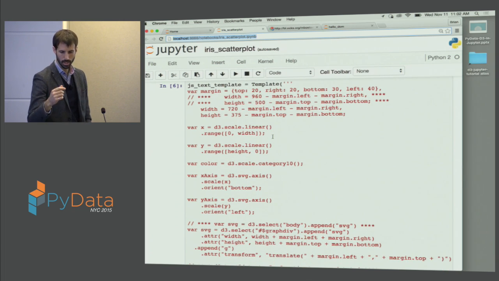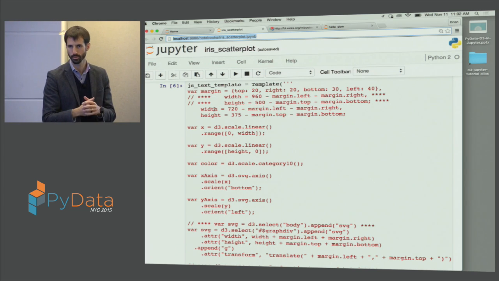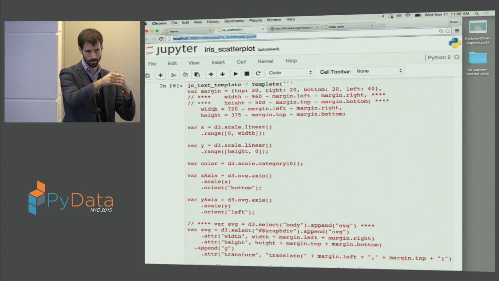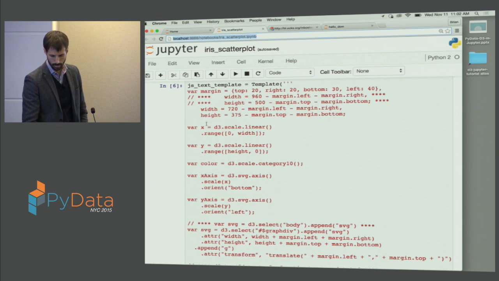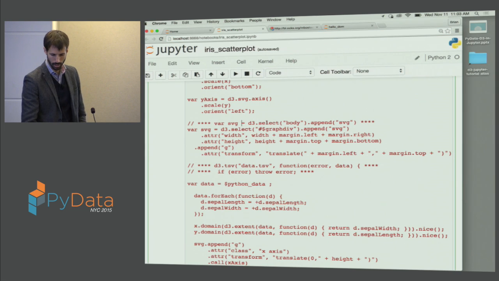A couple of things will change, just these widths. You can modify those to better suit your screen resolution. If you get really fancy, you can actually reference the DOM element that you're writing to and then have it change the width accordingly. The other thing you're going to need to change when you go from a block to using this in D3 is that you'll need to,